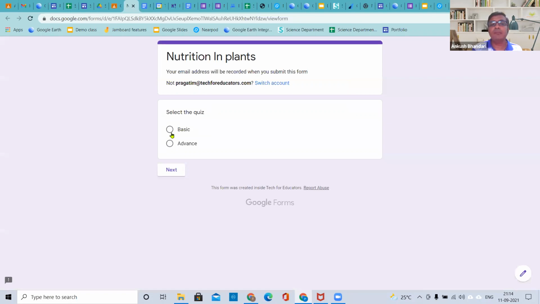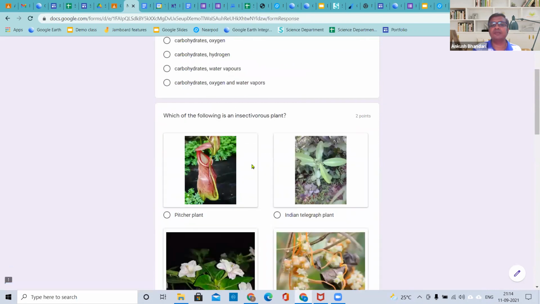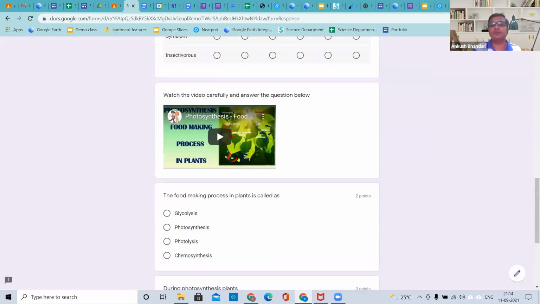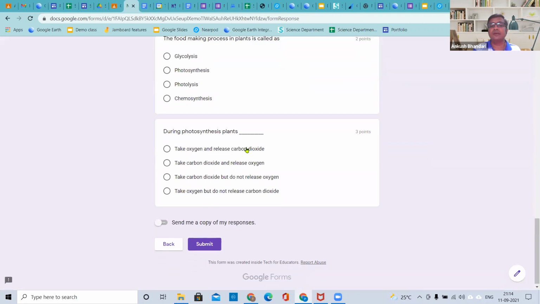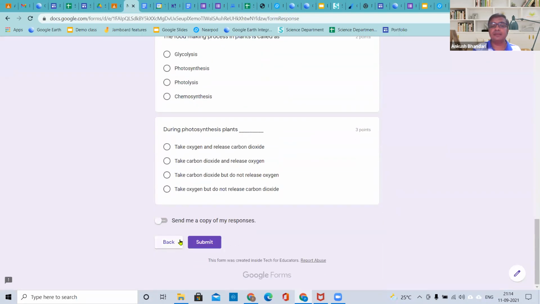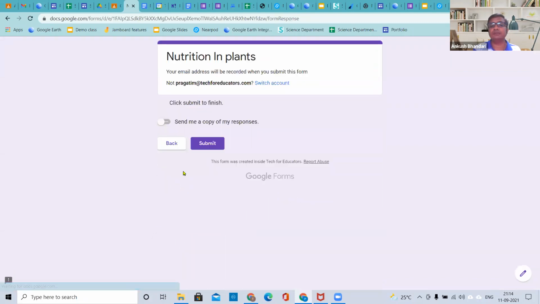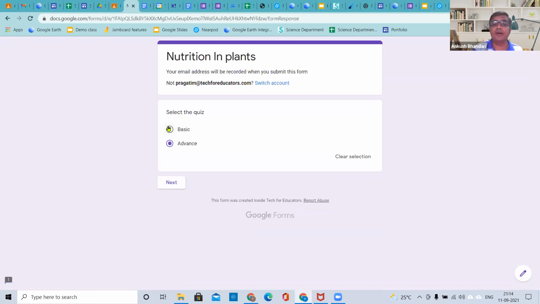So I'm just clicking onto it. Basic. So again, it is asking me basic. If I go to next, it is asking me for questions with images, questions with match the following option. Even a video is there in the quiz, right? And for example, had I selected option number 1, advanced, it would have given me different questions. Okay, I think I have submitted it, but in advanced, you'll be getting a different kind of questions over there.